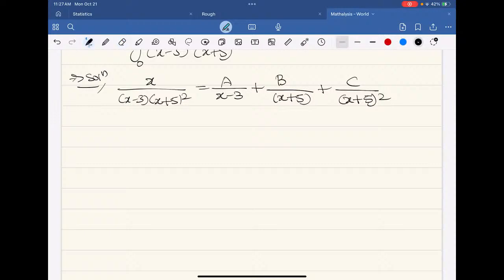Now how do we find A, B and C? So first of all, let's multiply them. A(x plus 5) square plus B(x minus 3)(x plus 5) plus C(x minus 3). Yeah, exactly, it's partial fractions. Now this is x, which equals A(x plus 5) square plus